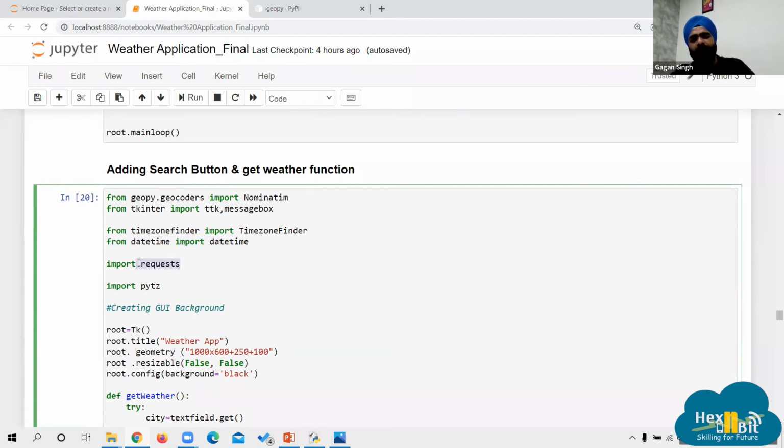In this, we will be using a weather API through which we will be fetching the information. So for raising a HTTP request to a server, we use this import requests module in Python. So you can use it in other codes also where you are trying to fetch some information from server through HTTP request. Import PyTZ. PyTZ is a module.